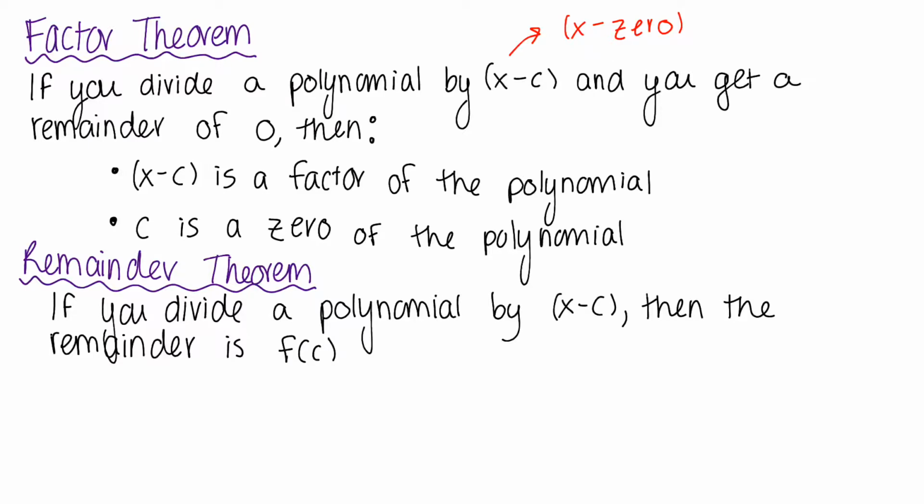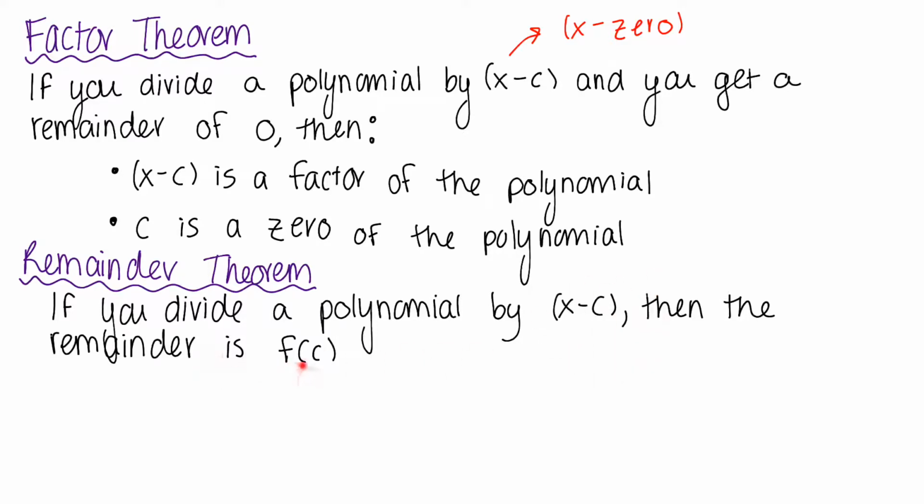then you can say two things. You can say that x minus c is a factor of the polynomial and that c is a zero of the polynomial. So when you divide, if you get a remainder of 0, then you have found one of the factors of the polynomial. The second theorem, the remainder theorem, is if you divide a polynomial by x minus c,